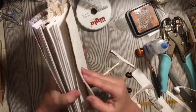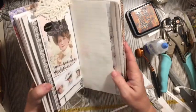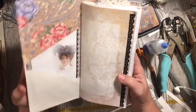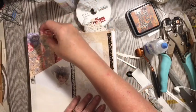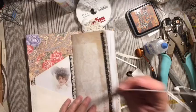Okay. So this is part 2, and it took me about 40 minutes to stamp and stencil all of that you missed, and about 10 minutes to tie in the signature. So I'm really sorry that we lost that. I hope you like our idea here for having a pocket here and a pocket here,